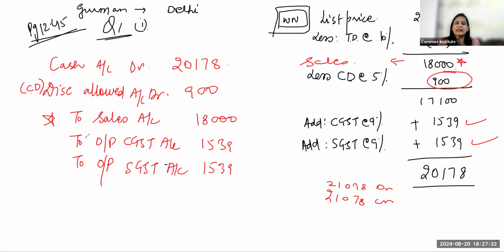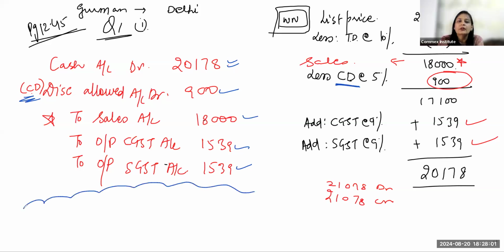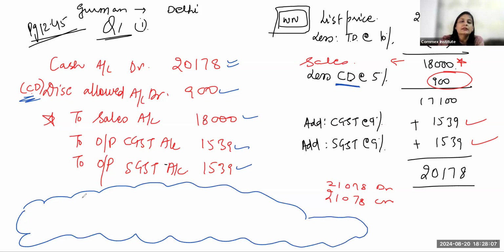Okay? Look at it carefully. You get the figures from the question itself. Sales account we had done earlier also, that after trade discount, whatever figure we get will go to your sales account. Cash discount is what we show in our books, and that we have calculated. And then this was the final figure which we had. The only thing which you have to remember over here is the rule, you can write the rule in a cloud over here. The rule for this transaction is very simple, that GST is chargeable